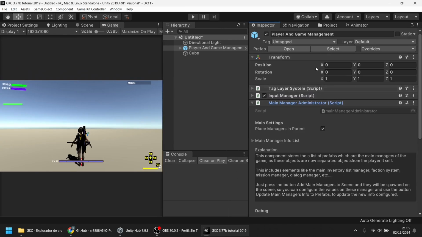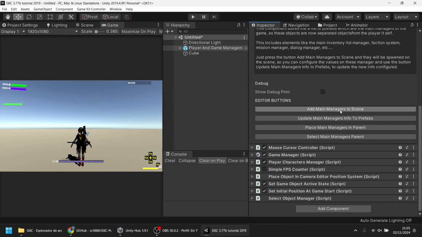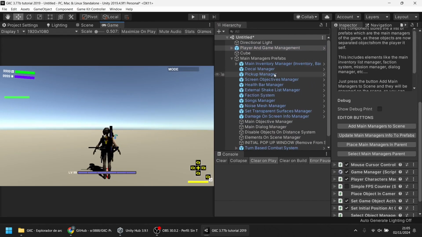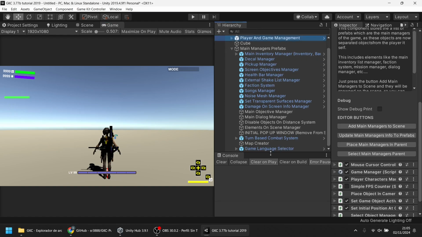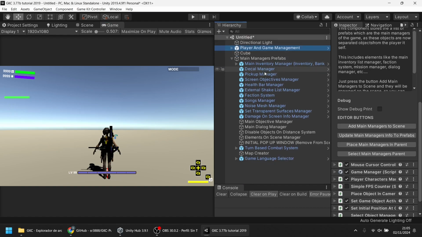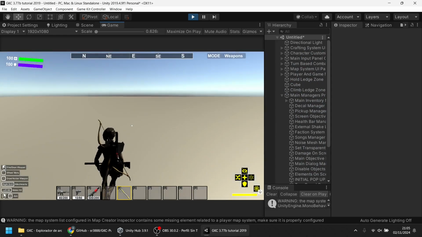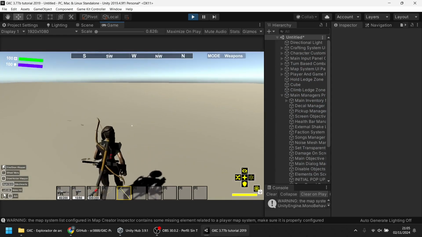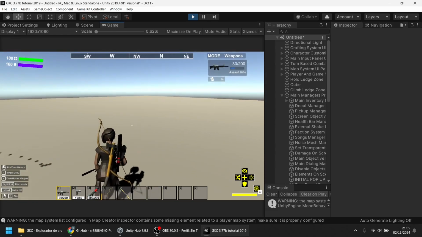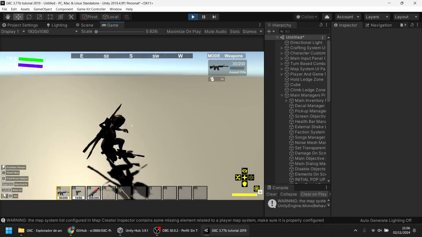Here in player and game management, main game administrator, press this button, main managers to scene, and the system will add automatically all the main managers in the game, which are used in general, like inventory info, decal, pickup managers, faction system, etc. So if I hit play, it will work out of the box with your player or the default one. By default, he can do all the main actions of the system.